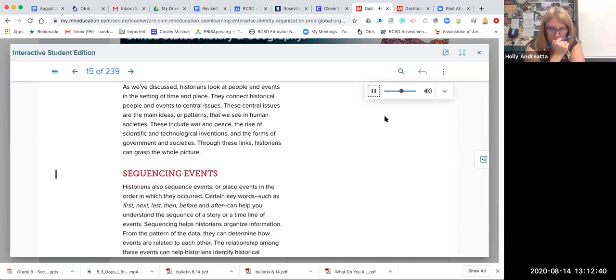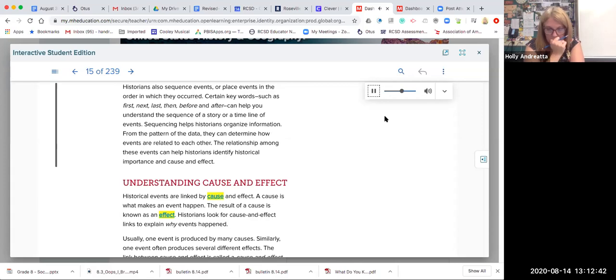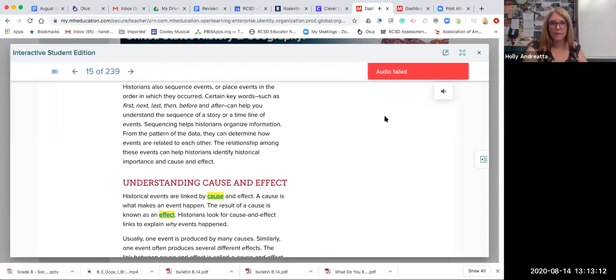Sequencing events. Historians also sequence events, or place events in the order in which they occurred. Certain key words such as first, next, last, then, before, and after can help you understand the sequence of a story or a timeline of events. Sequencing helps historians organize information. From the pattern of the data, they can determine how events are related to each other. The relationship among these events can help historians identify historical importance and